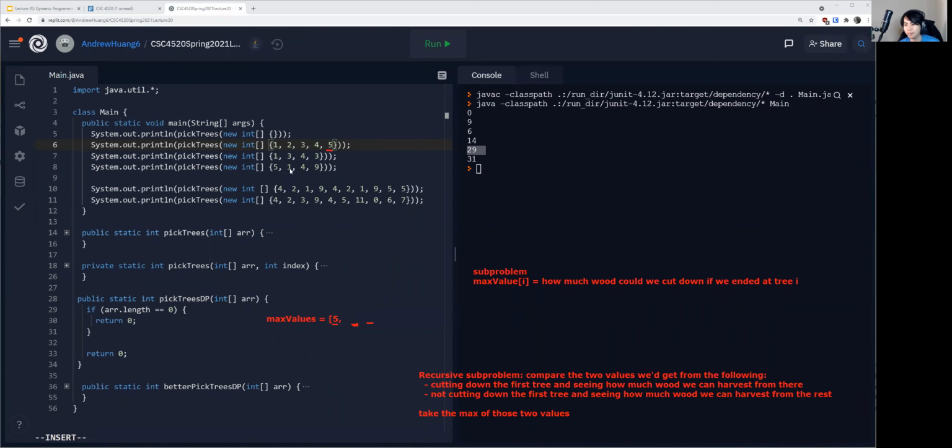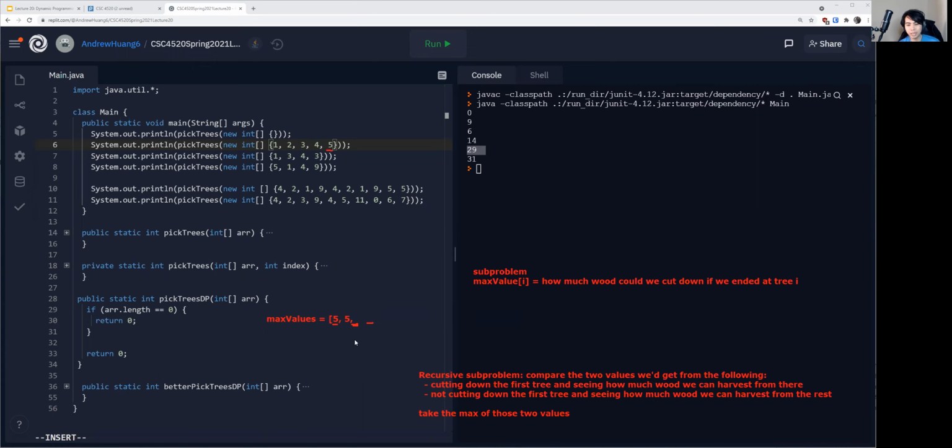Then we go on. We see this 1. We can either cut down the 1, and we would just get a 1 here, which isn't very good, right? Or we can look at the previous element that we could cut down. If we choose not to cut down the 1, we could just pick the 5 from here, right? So does everyone see why this could be 5 here? Give me a yes in chat if you agree that index 1 for max value should be 5, because instead of cutting down the tree at index 1, we can just pick the 5 here, right? Okay, if we keep going here,